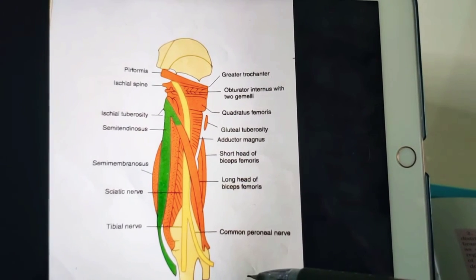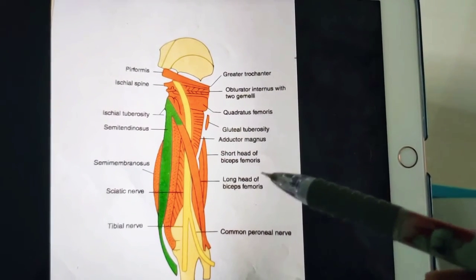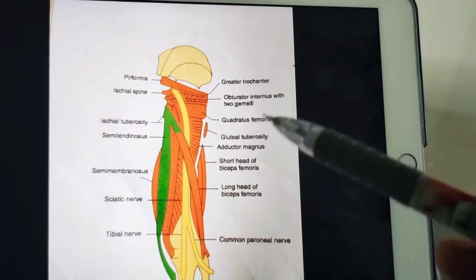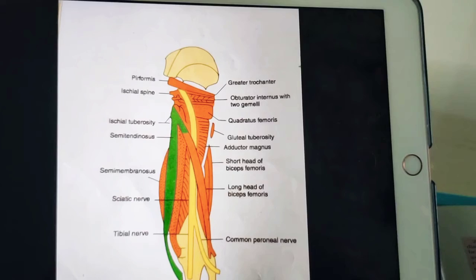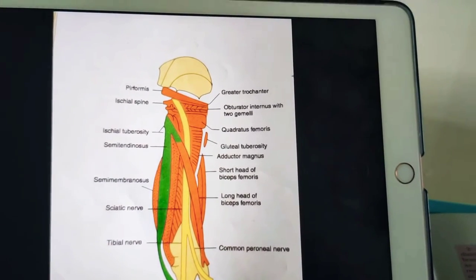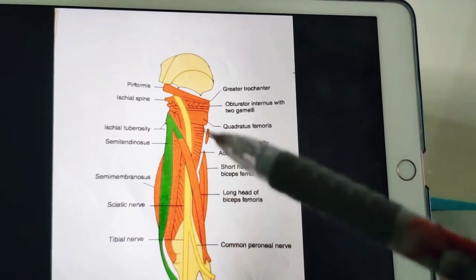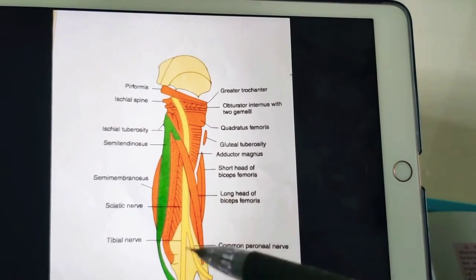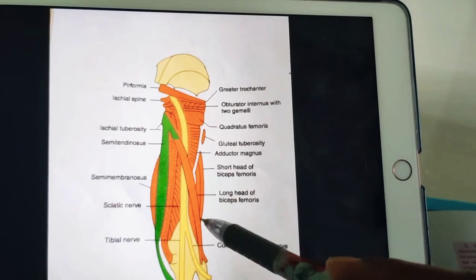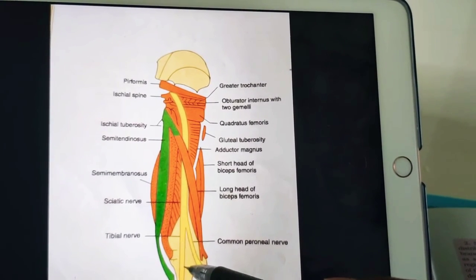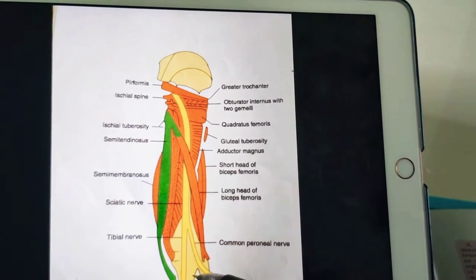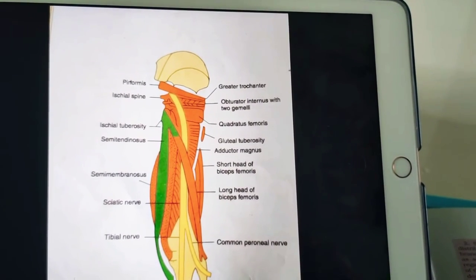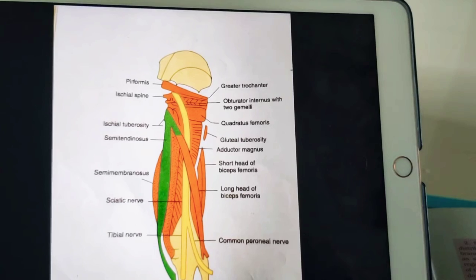Mainly the cause may be osteoarthritis, lumbar disc prolapse, spondylosis, fibrosis, neuritis. Many causes are there. The sciatic nerve may be injured by penetrating wounds, dislocation of the hip, fracture of the pelvis. This results in loss of movements below the knee with foot drop. Mainly below the knee the loss of movements will be seen, and also there will be foot drop and sensory loss on the back of the thigh. The whole of the leg and foot is affected, except the area innervated by the saphenous nerve.